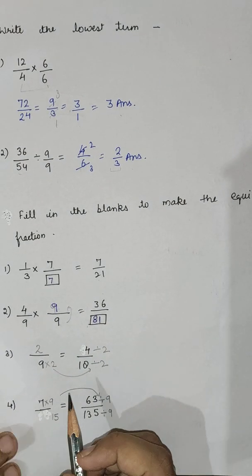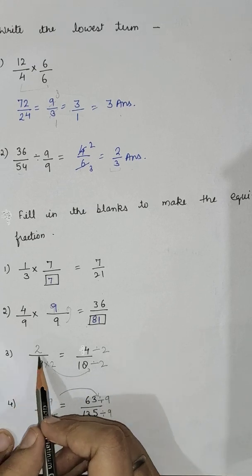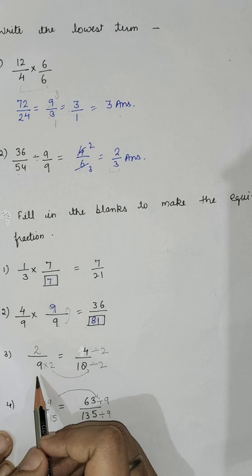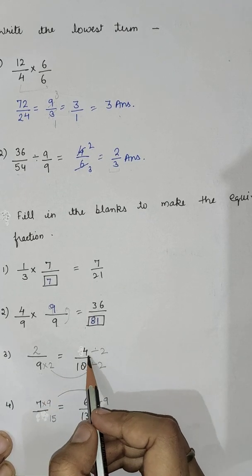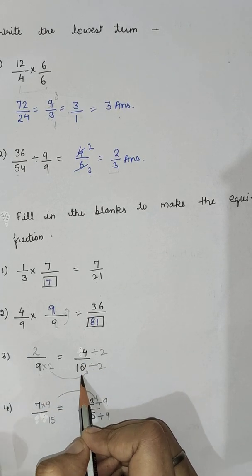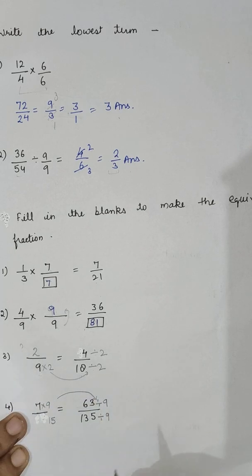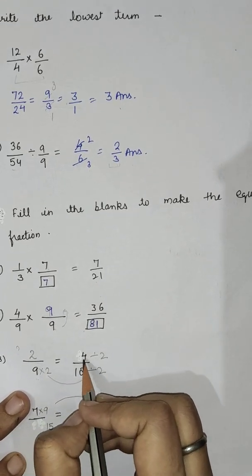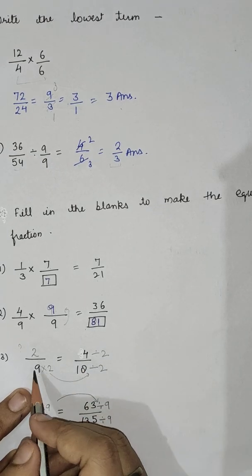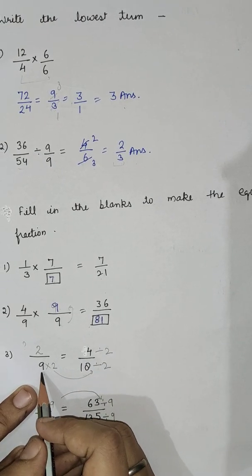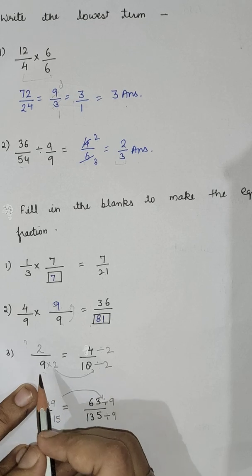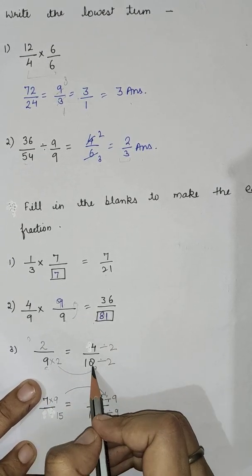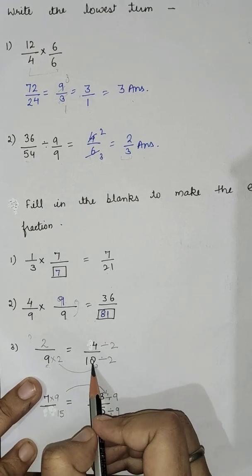Now in this question, there is only 9 in the denominator, and here is 4 by 18. So here what digit comes? Now you have to see it very carefully: 4 by 18 is given, and here nothing is given. So first of all, by which digit do we have to multiply 9 to get 18? That is, 9 2s are 18.